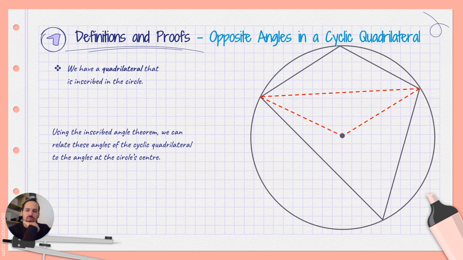angle theorem, we can relate these angles to the angle at the center. So you see there, that dashed line, I've created a triangle there where there's a chord subtending to the center of the circle, but from that chord subtending down to the circumference, there's another triangle, isn't there? And using that theorem, we can see that that angle at the center is going to be twice that one